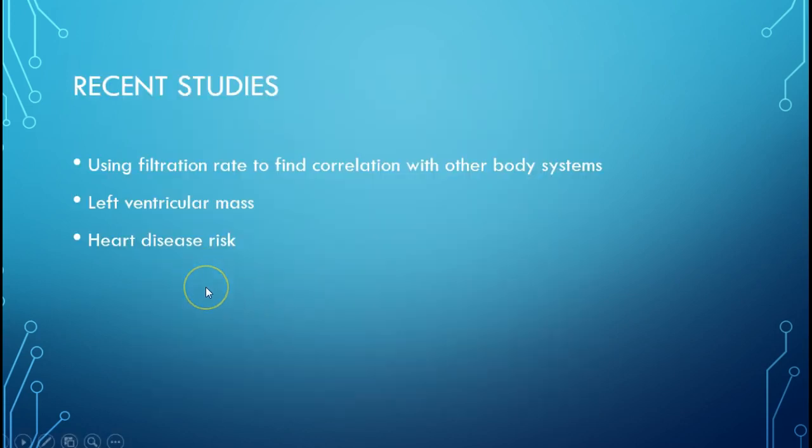Now, looking at some of these interesting studies that have been done. We're going to look at using that filtration rate to find a correlation with other body systems. So the first thing we're going to look at is using the glomerular filtration rate as a comparator for left ventricular mass. And the study that was done here was done to look at people that had chronic kidney disease,